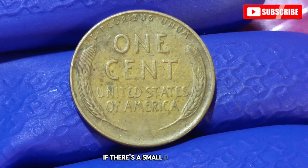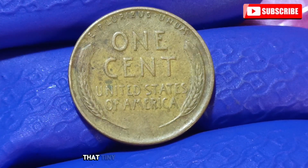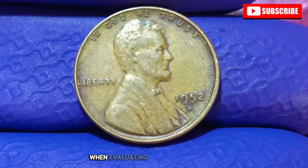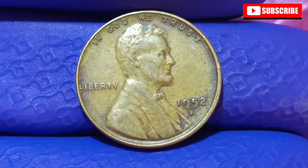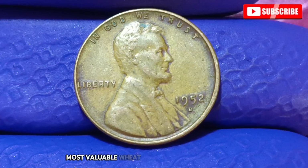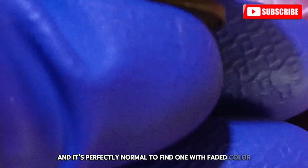If there's a small D mint mark, it means the coin was struck at the Denver Mint. That tiny letter may not seem important, but it's one of the first details collectors check when evaluating an old wheat penny. Don't be discouraged if the coin doesn't look beautiful. Most valuable wheat pennies have lived long lives, and it's perfectly normal to find one with faded color, worn edges,